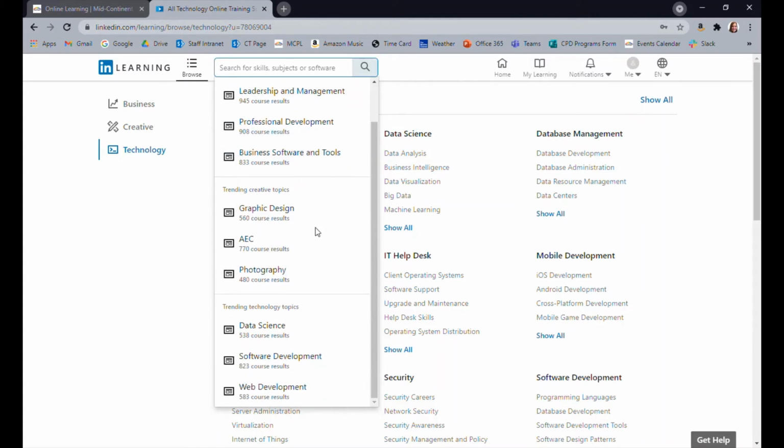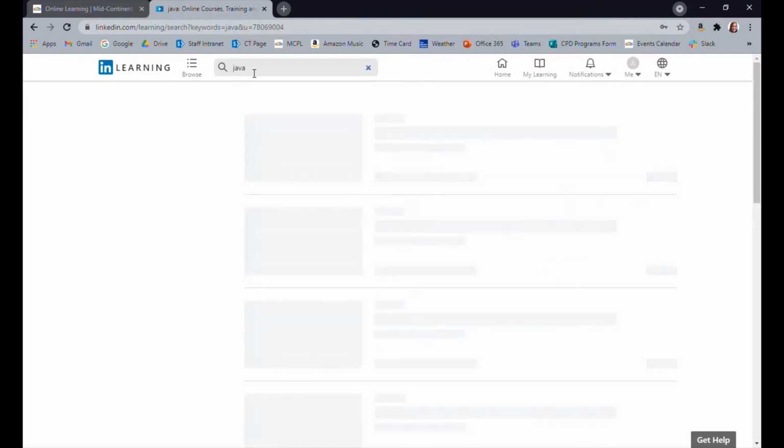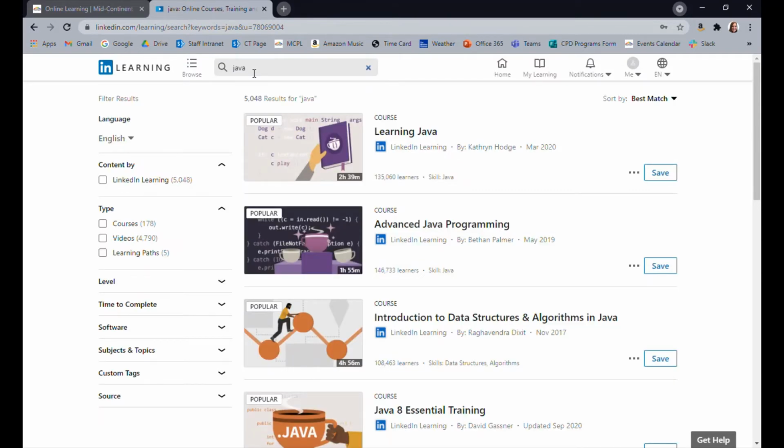So you can see some of the things that are currently popular, but you can also search for whatever you want. So if you want to search for Java, the coding language, you can do that. And you can do a really quick search and find all kinds of stuff. Since we are here, I'm going to go ahead and show you some of the ways that you